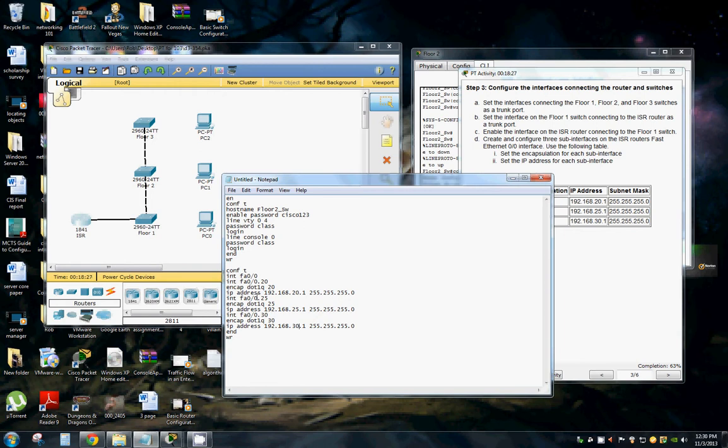As you can see, now we're going to sub-interface 0.25. Make sure encapsulation dot1Q, give it its IP address, and then .30, do the same. So we're going to go